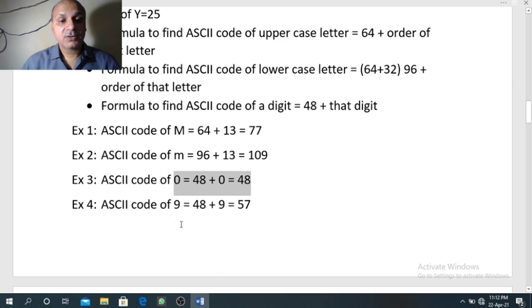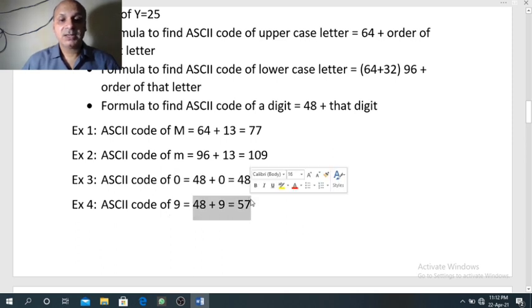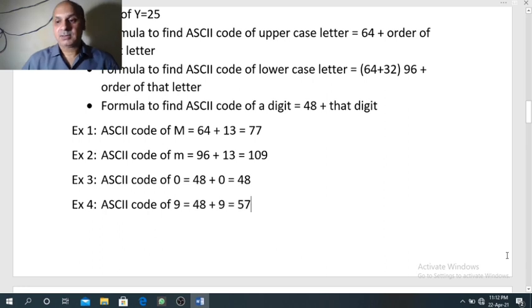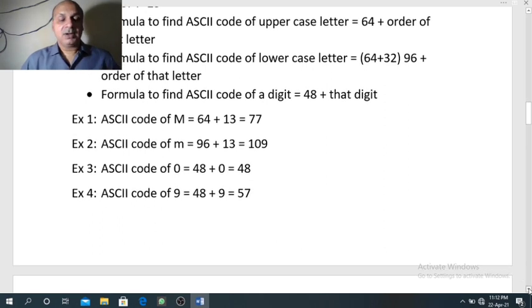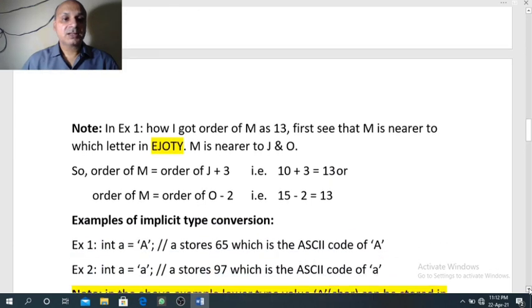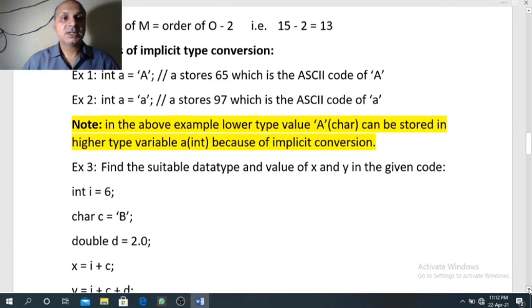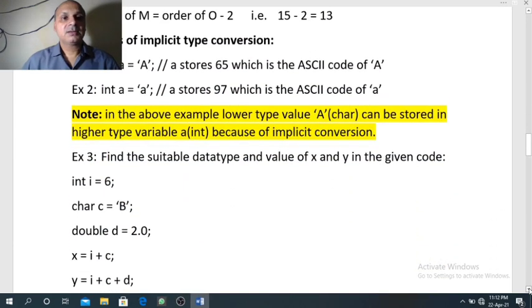To find the ASCII code of digit 9, 48 plus the same digit 9, that is 57. Now, if you know how to find the ASCII code of digits, then output questions of implicit and explicit conversion can be solved very easily.